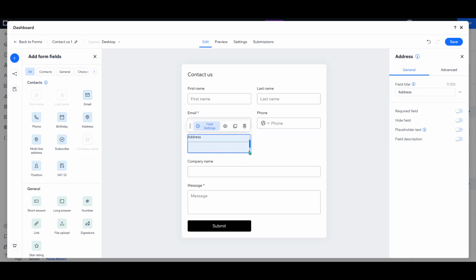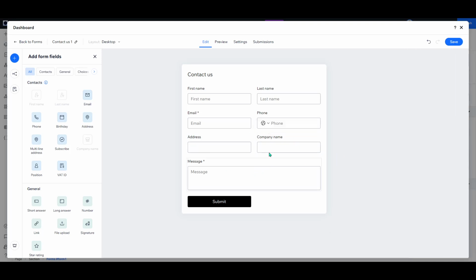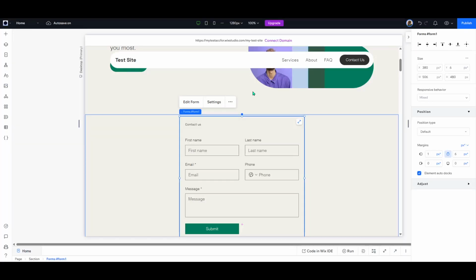Beyond the fields themselves, you can edit the look and feel to match your site's design. Adjust fonts, colors, and button styles so the form blends seamlessly with your branding. Tweak spacing, borders, and alignment to keep everything clean and easy to read. If your form is on a busy background, consider adding a subtle background color or a light border to improve